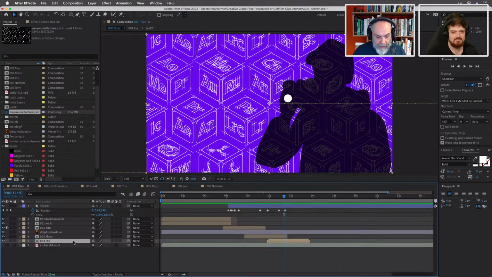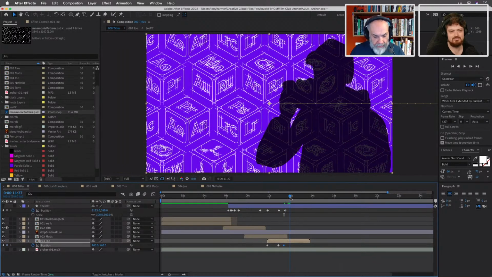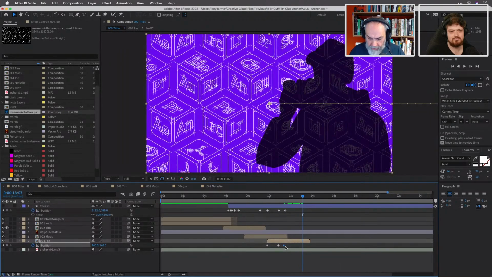Let's move that on. So what we're going to do now is with Joe's position property here for his pre-comp, we're going to drop in a keyframe there to lock that in. I'm going to turn off the ball layer for a minute, or the dot layer, because I think I'm going to drop all those in at the end here, given that I'm doing something different with Natalie's. And I'm going to move on a bit like so. Actually, Joe needs a bit more time on. There we go. Something like that.